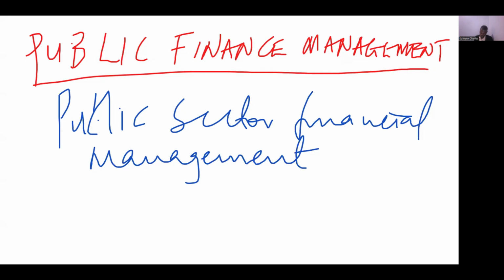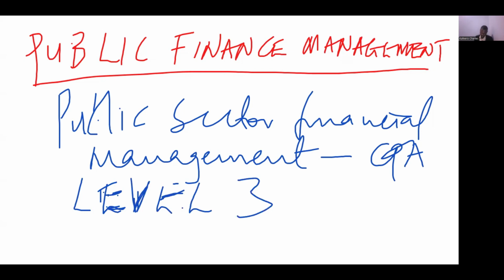This is a CPA paper. It is a CPA paper of level 3. It is paper 13. It's now paper 13. Previously, it was called public sector. It was paper 14 previously, before they changed the syllabus. So we are starting on our series of public finance management, and this is a paper on